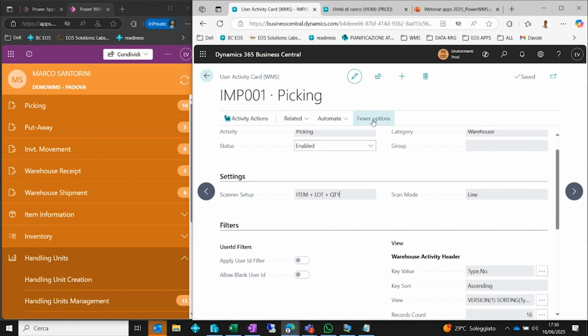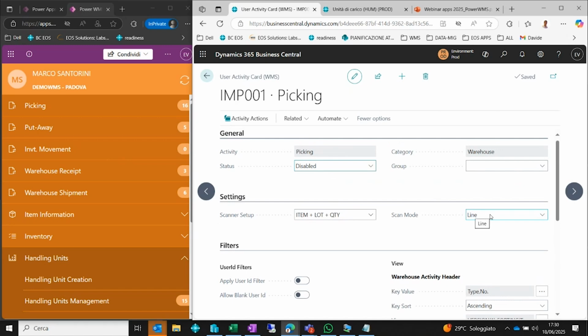The scan mode, what is the scan mode? The scan mode is the mode where we do the scans. For example, we have 3 different types: line, group, and fast. What is the difference? The line type, when I go inside a document,